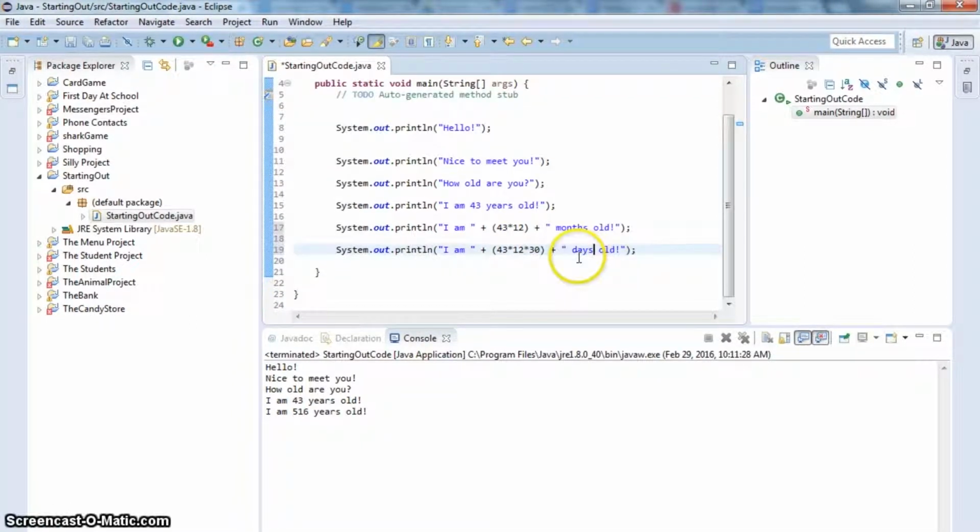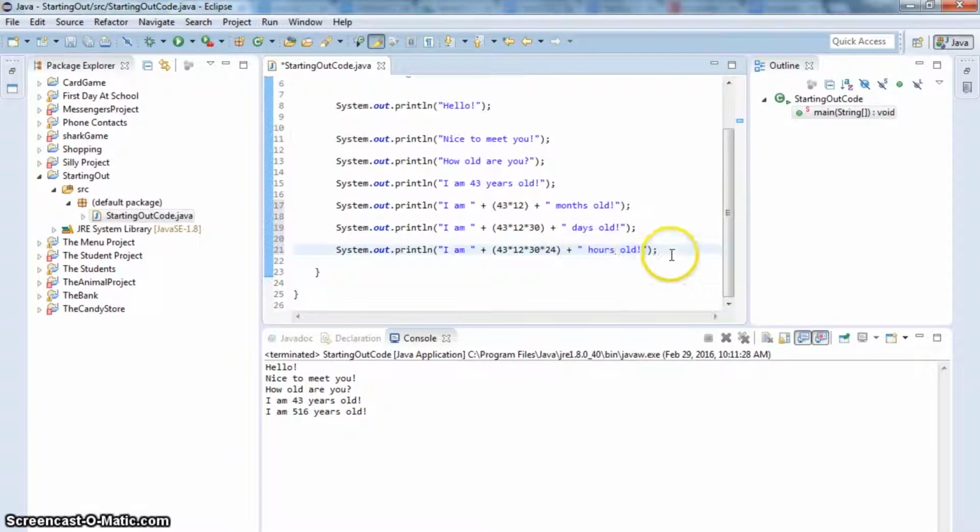This is an approximate figure, and let's just copy that. There are 24 hours in a day, so let's just multiply that by 24, and we should be able to calculate the number of hours. And we're just going to do it one more time, just to be really silly. We're going to copy all that, paste it in, and multiply that by 60 to find out how many minutes